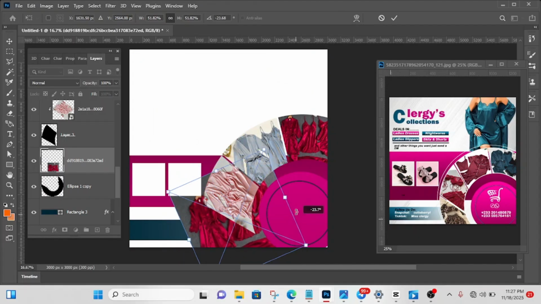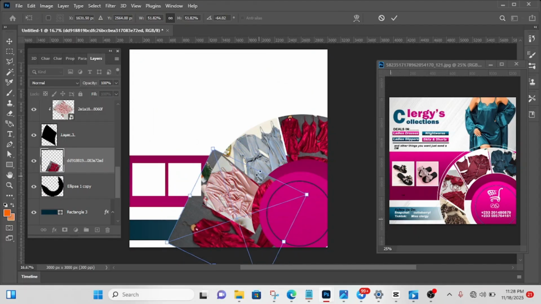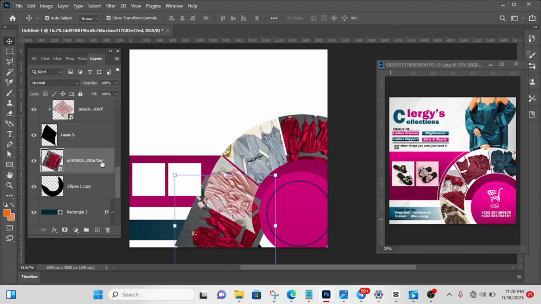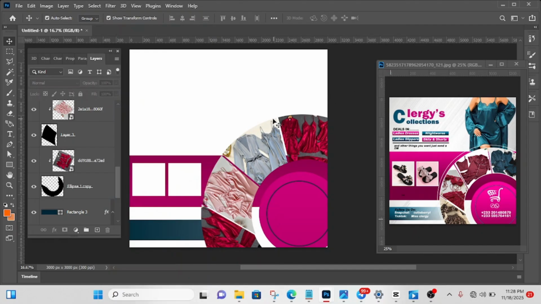I rotate, crop, I rotate again. No, I shouldn't rotate it too much, but this is fine. I check, create clipping marks. Okay, so it's fine. Yes, so the next thing to do is to draw this line in here, the lines,